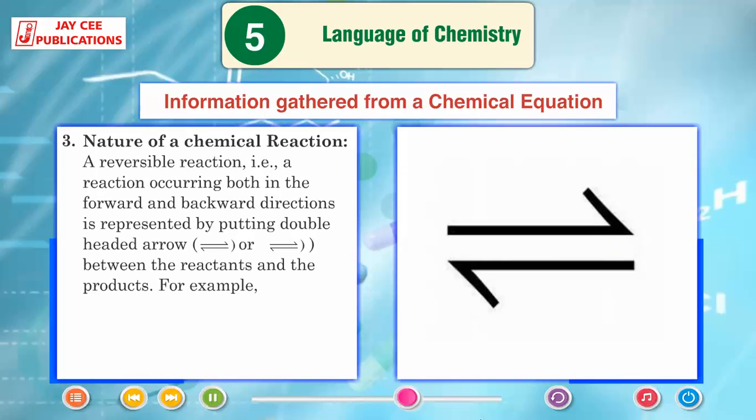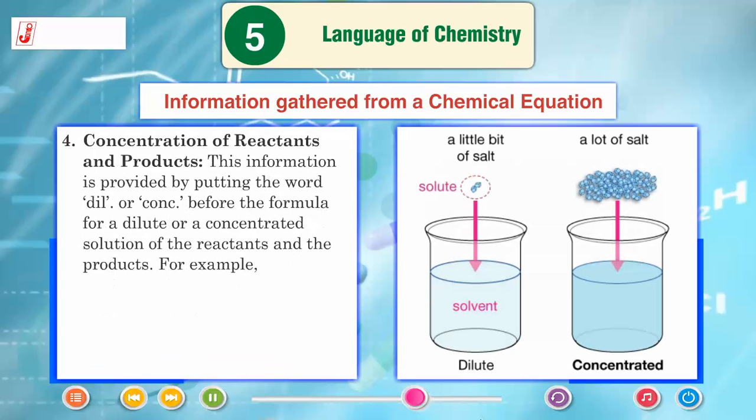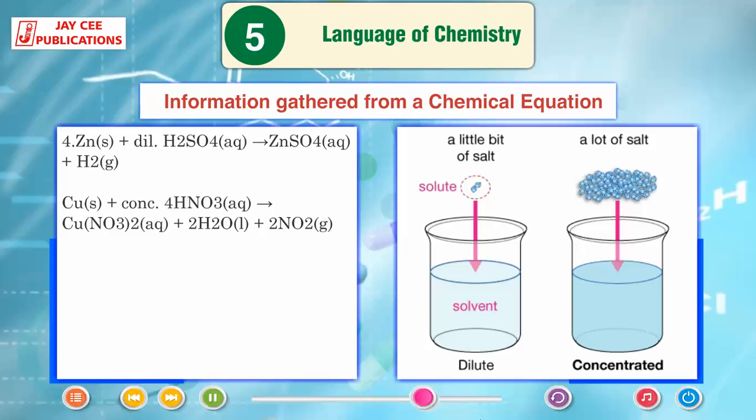Nature of a chemical reaction. A reversible reaction, that is, a reaction occurring both in the forward and backward directions, is represented by putting a double-headed arrow between the reactants and the products. For example, concentration of reactants and products. This information is provided by putting the word dil or conc before the formula for a dilute or a concentrated solution of the reactants and the products. For example,